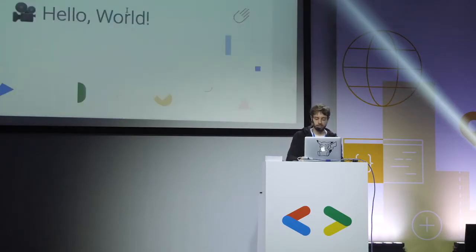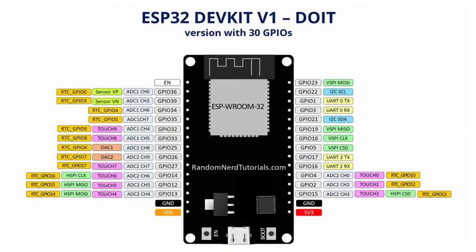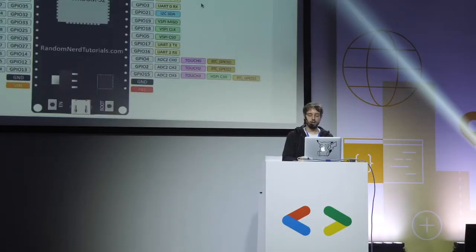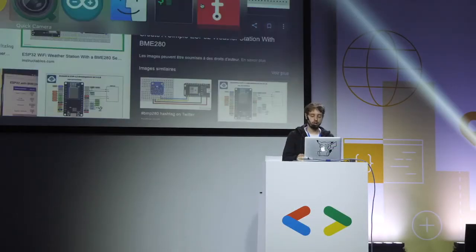But if you have a brain, you can do something a little better, which is download the specification for your microcontroller unit, and here it will tell you that if you use I2C to connect components together, the SCL pin will be on GPIO 22 and the SDA will be on GPIO 21, and power will be here. So I bought this sensor. I know it has SCL and SDA. I will simply connect SCL to the SCL port of my microcontroller unit, and SDA to SDA. SCL is for clock, SDA is for data.